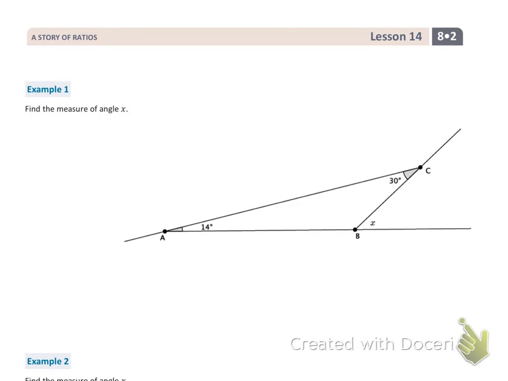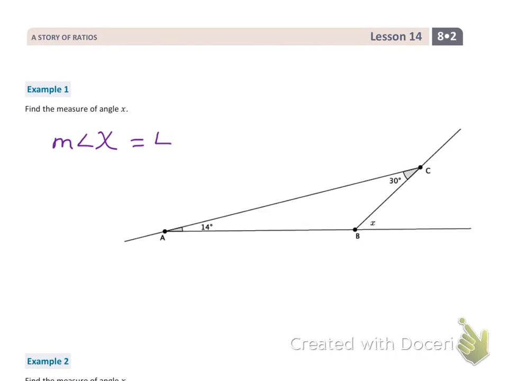Okay, now look at example 1. You are asked to find the measure of angle x. So go ahead and do that now on your own, and then check your work against mine. Okay, you should have found that the measure of angle x is